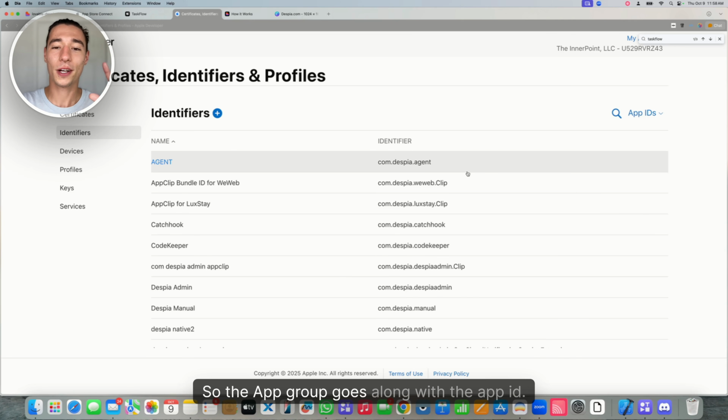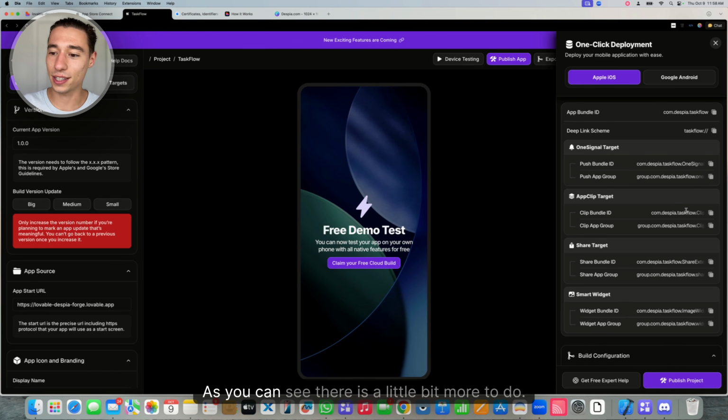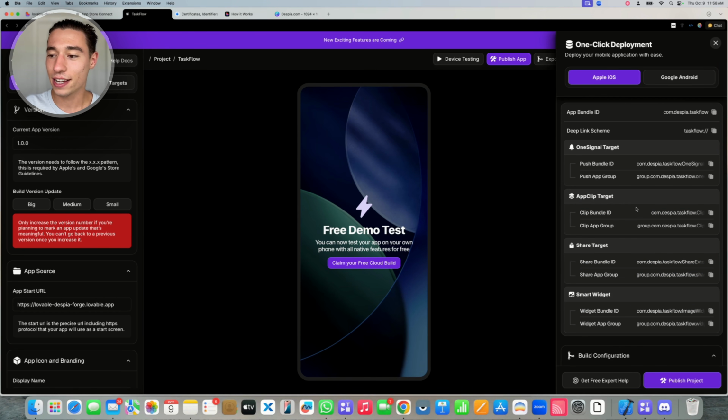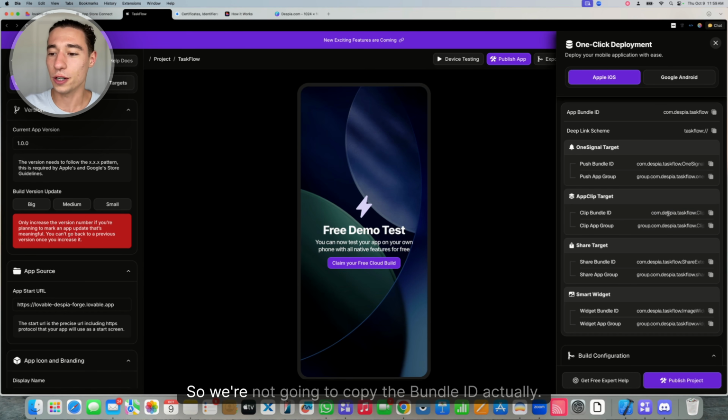So the app group goes along with the app ID. There you go. And now we'll do this for a couple of other ones. As you can see, there is a little bit more to do. So now we're going to go to the app clip target. Now the app clip actually has a little bit of a different interface, so we're not going to copy the